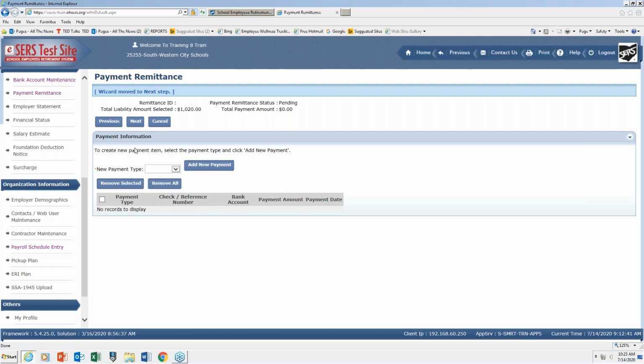Now, this screen here, we need to let the system know how we're going to pay for this file. So we're going to, from the drop down, we're going to choose ACH debit, checks, or other EFT. The ACH debit is what we're going to use today because we have our bank account set up already. This is fast and easy, and that's what we want to do. But you can pay by checks. You just put in, when you choose to pay that way, you're going to put in check numbers, amounts, and